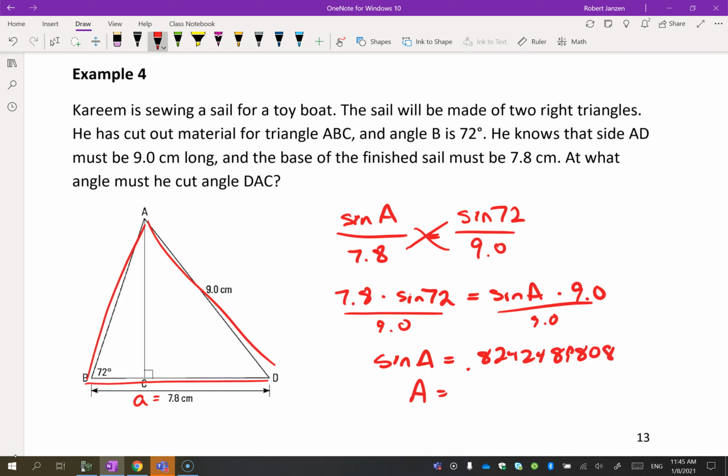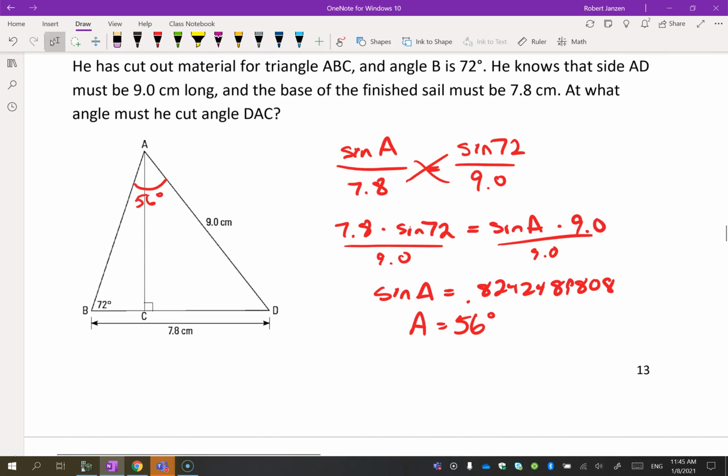So angle A is 56 degrees. Okay, so let's put that in our picture now. This is 56 degrees. All right, does that help us? Well, it doesn't help us with this angle yet. Still can't do that. But I could figure out what this angle is. I could figure out that angle D